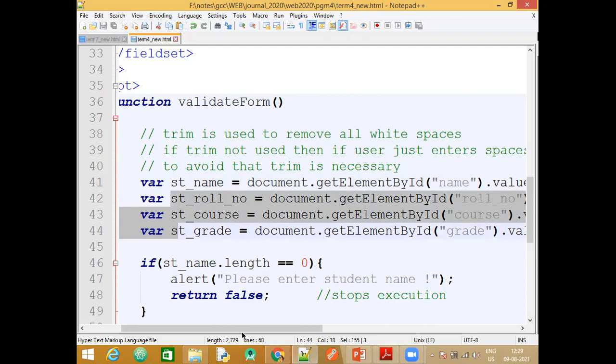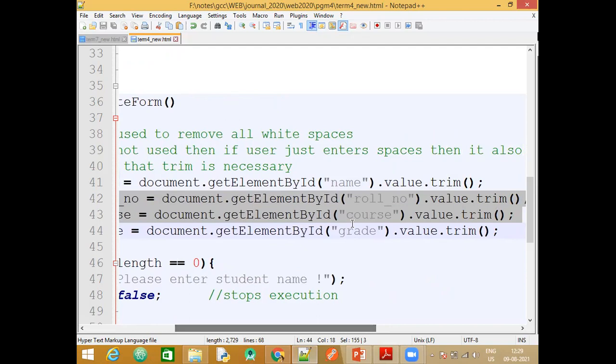We will fetch them again here with the help of ID itself. So you need to pass just a single parameter in this function. If you are confused, let me tell once again. Get element by ID is a function. That function takes just one argument, and that one parameter is nothing but the ID of the text box whose value you want to fetch. So that ID is passed here. If you have given it there as role, here also it should be role. Otherwise it is not going to fetch the value.